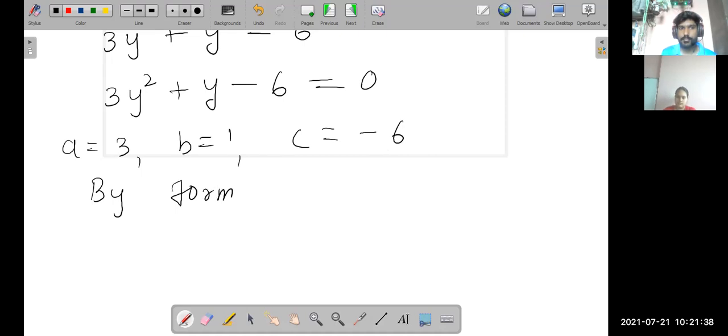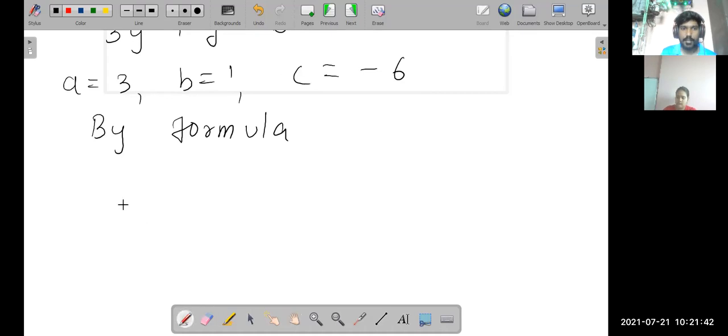By formula, x is equal to... we have y, so we write y is equal to minus b plus or minus